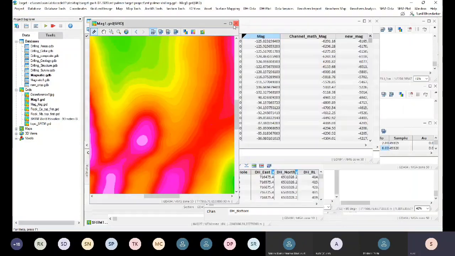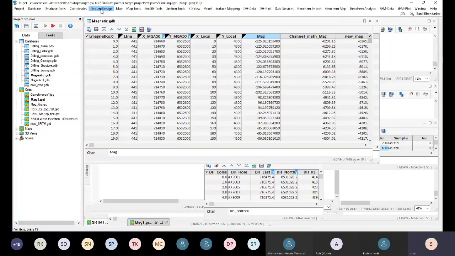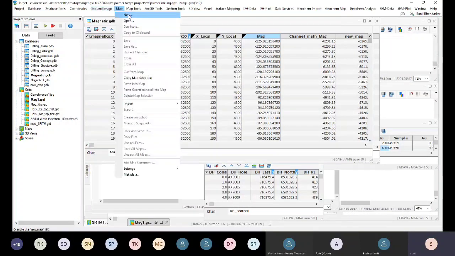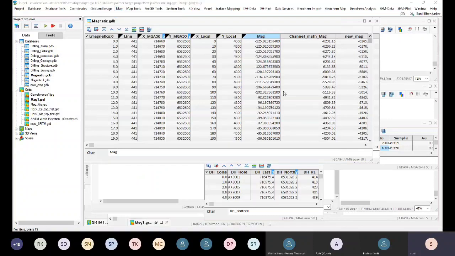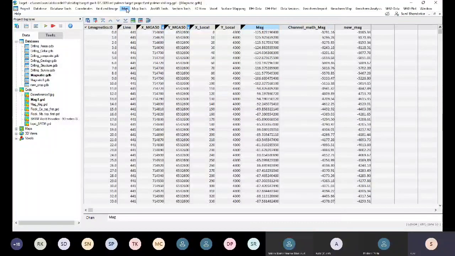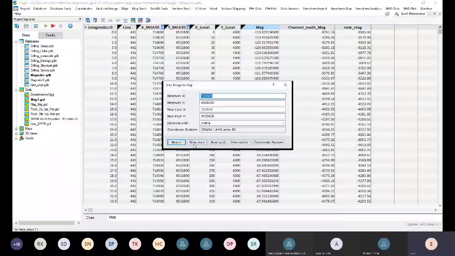And now we can create a map. We will use the map tools here. First we will create a new map. In the new map it will ask us for options. For the new map our dataset should be open, so with the help of the dataset it will scan the minimum x and minimum y. Just scan the dataset accordingly, and then go for next.